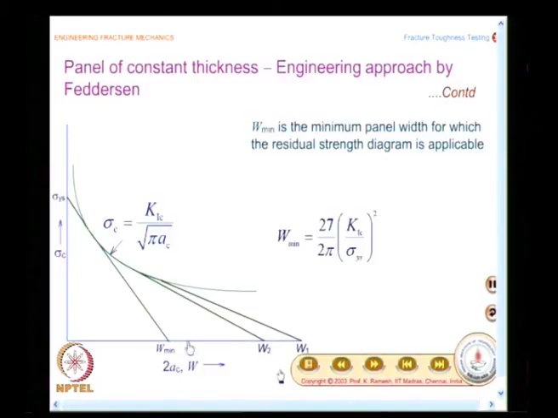Now, the important aspect we have to look at is, is it justifiable? See, whenever people bring in any empirical approaches, the only way you can justify it is to conduct actual tests and see whether your test results follow this pattern. As long as it follows, you are happy to accept this as an engineering analysis, and people have got this,